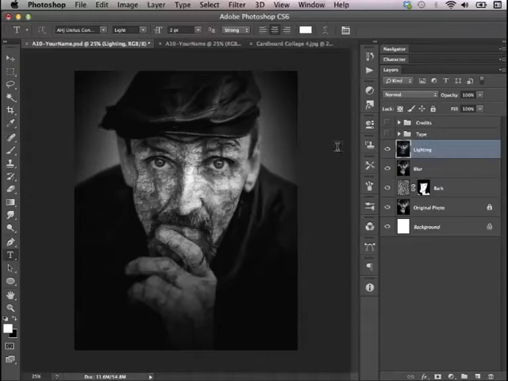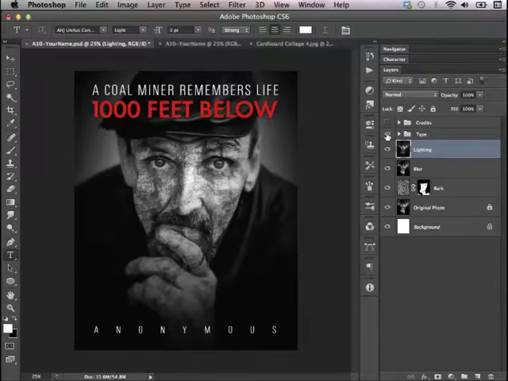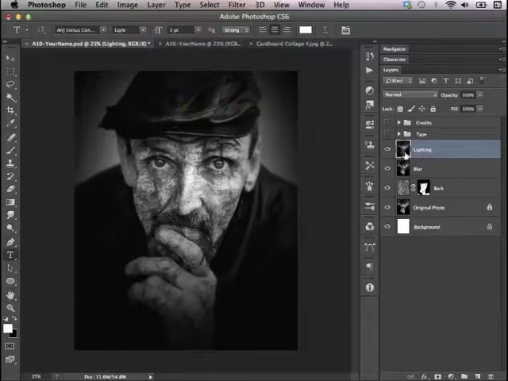In step 5 of this tutorial, we're going to finish up and add a couple more filters and then some type. So I have actually already built the type because that's not really what this tutorial is about. You probably already know how to do that. So that's what's in these folders here at the top, but we're going to pick up where you left off